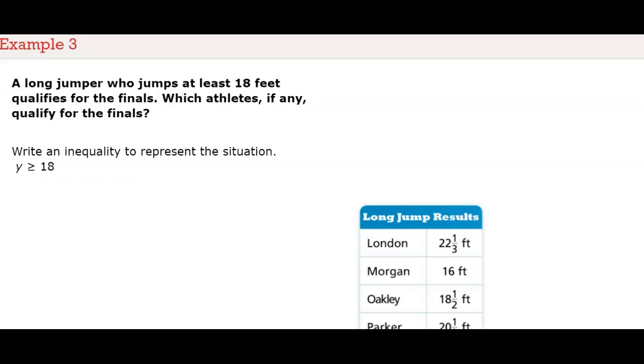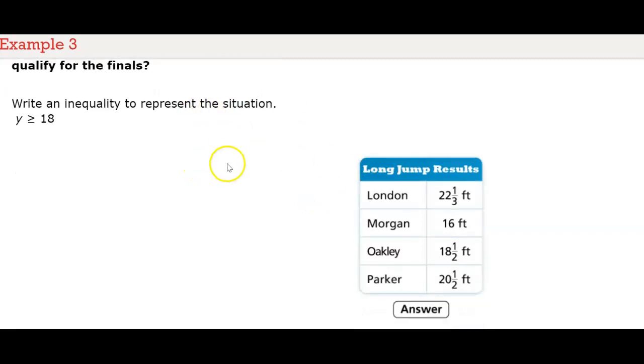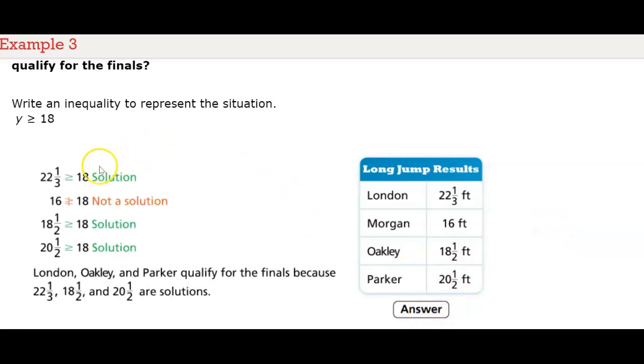A long jumper who jumps at least 18 feet qualifies for the finals. Which athletes, if any, qualify for the finals? Write an inequality to represent the situation. Y is greater than or equal to 18. So here are the long jump results. And so 22 1/3 is London's result,